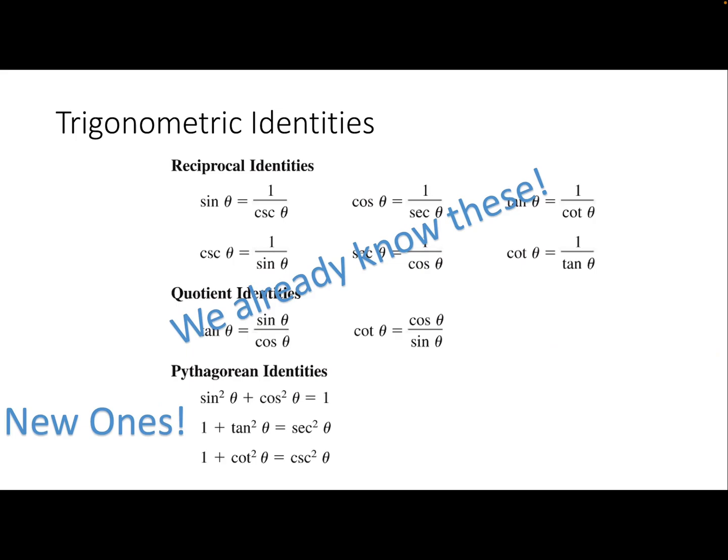1 plus the tangent squared of theta is equal to the secant squared of theta, and 1 plus the cotangent squared of theta equals the cosecant squared of theta. One way to remember the other two